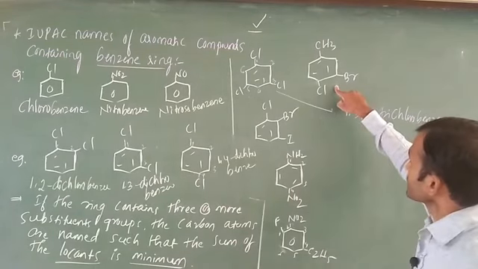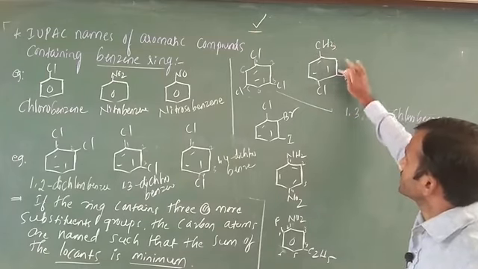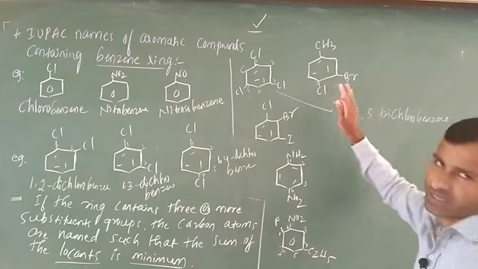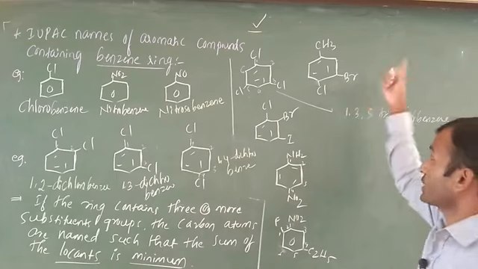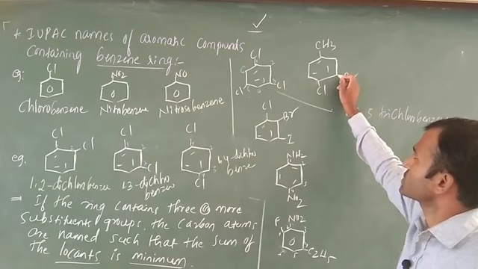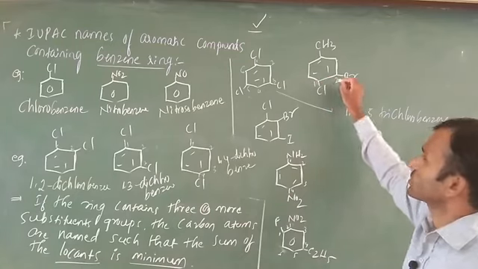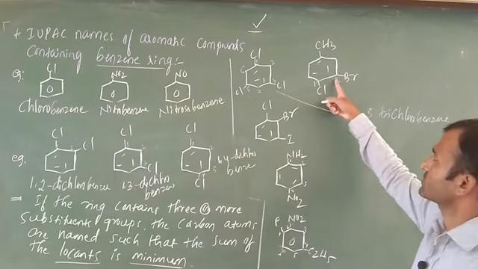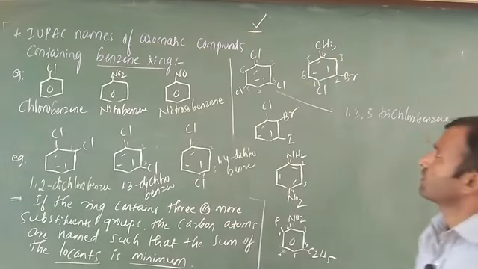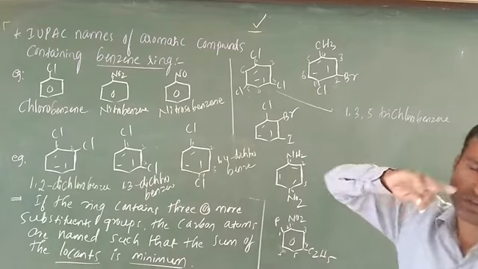Just here I am going to start from here, this is 1, 2, 3, 4, 5, 6. In this case we are going to get the highest sum. First I will tell you the correct IUPAC nomenclature, after that I will write one more time and explain. In this case I am going to start from here. Don't start from there, because you have to start from here, which must be 2, here is 1, next this is 2, next this is 3, this is 4, 5, 6. If you start like this, the sum of the locant rule is going to fail.